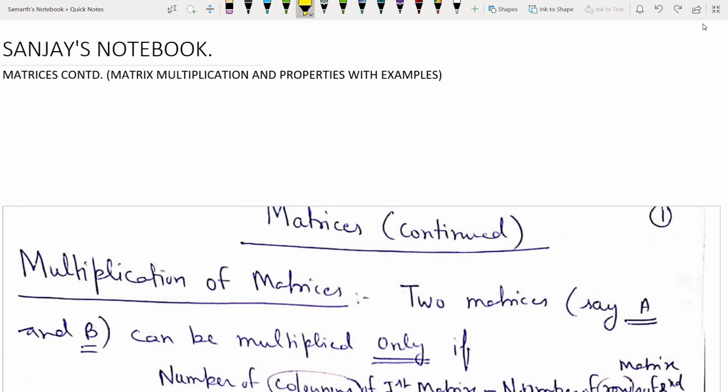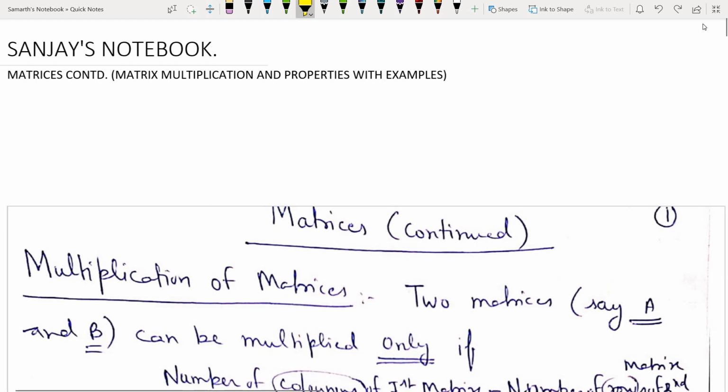On the previous turn when we started the topic matrices, we discussed the meaning of matrices and order of matrices. Then I told you how to write a general matrix and then about the types of matrices like row matrix, column matrix, rectangular matrix, square matrix, diagonal matrix, then unit or identity matrix, zero matrix or null matrix, transpose of a matrix,